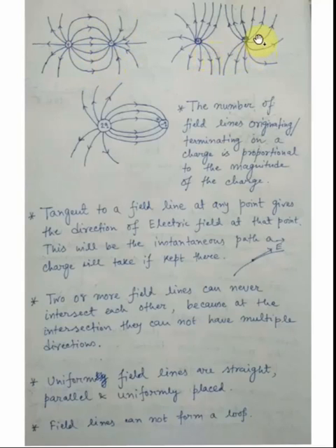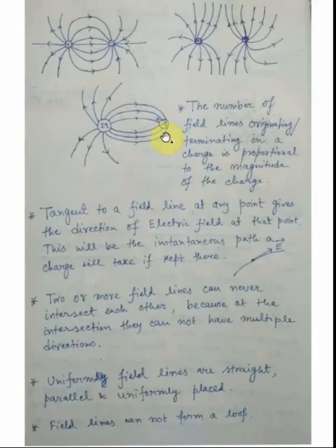And these are the field lines for two positive charges of the same magnitude. So the density of field lines around this charge is the same as the density of field lines around this positive charge, and we will get a neutral point at the middle of these two charges. Okay. Now suppose this is positive 2q charge, and this is minus q charge. So we can tell, for example, from here the number of field lines coming out from the 2q charge is 12, and the number of field lines which end at minus q charge is 6. So you can see the number is half.